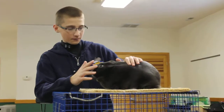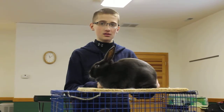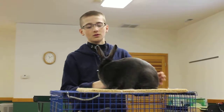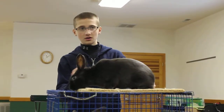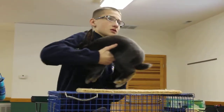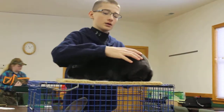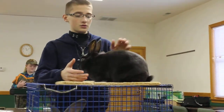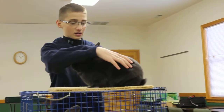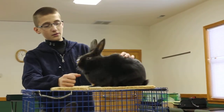A lot of the breeders, when they do the satins, have to make sure that they're in very good coat for showing, because otherwise the satin sheen on them doesn't show through like it's supposed to. And they have a little bit of banding towards the tip of the fur. Most of it's just white till you get to the light blue, and then it's darker blue on the tips